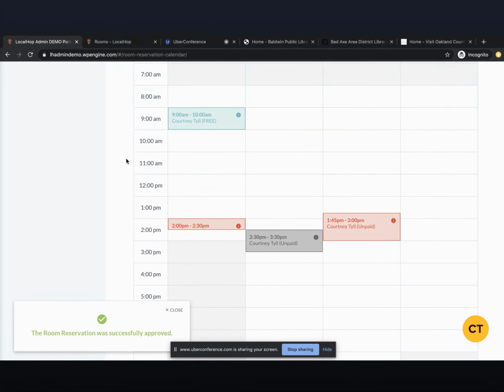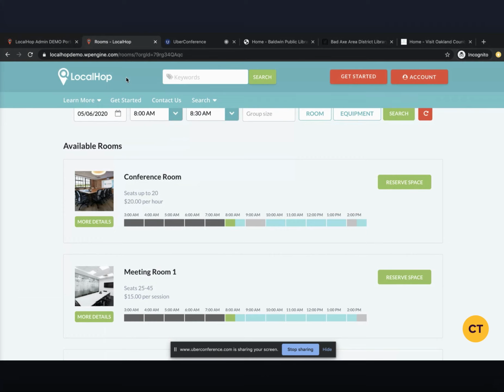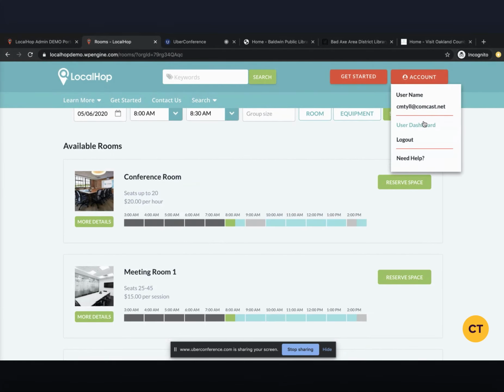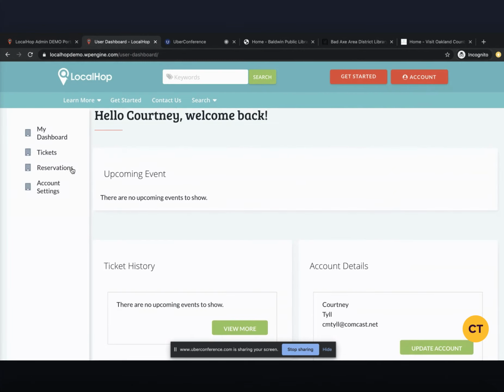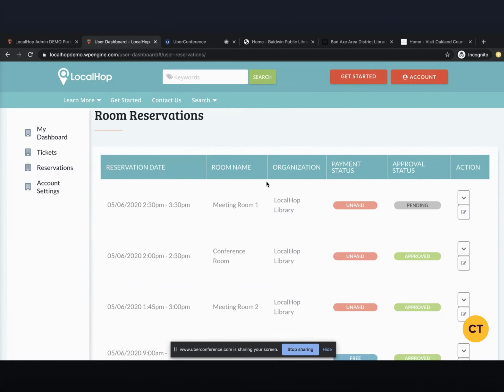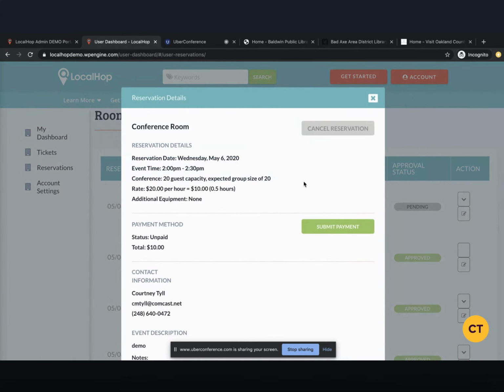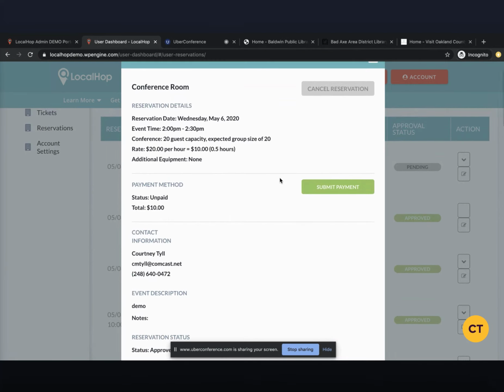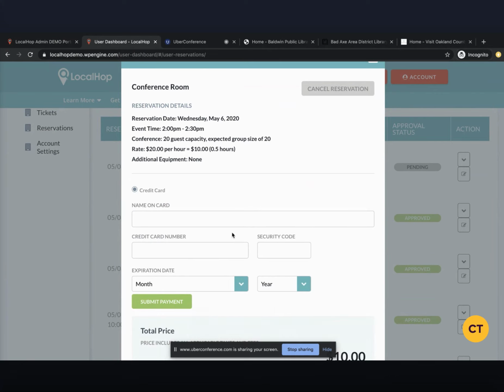And now it has not been paid. So what your users will then be able to do is go into their dashboard and see their upcoming reservations. So here's the one, the conference room at 2 o'clock that we just created. They can either edit it or take a look at everything. They'll see that they've been approved and they can submit payment online, the credit card,